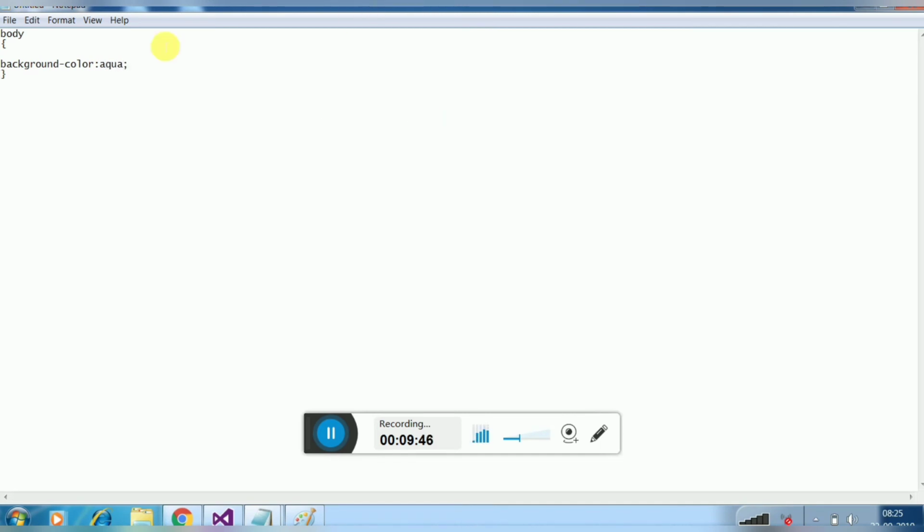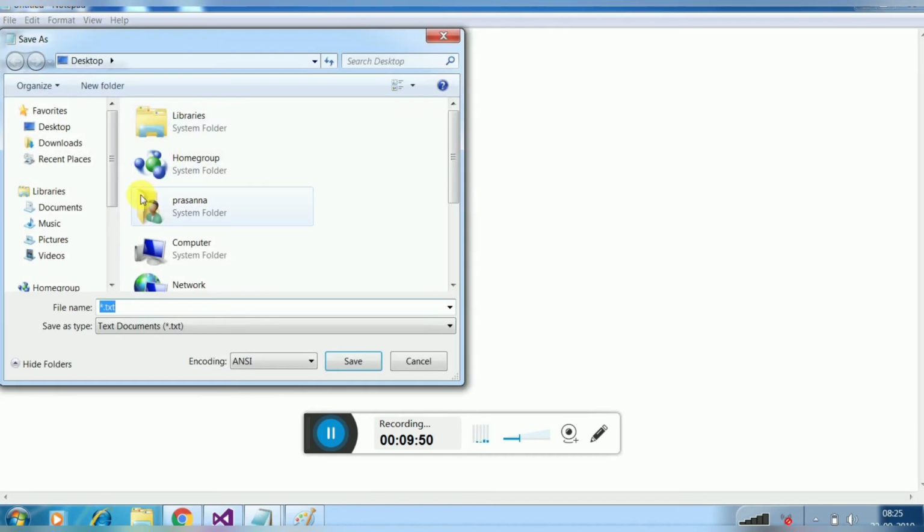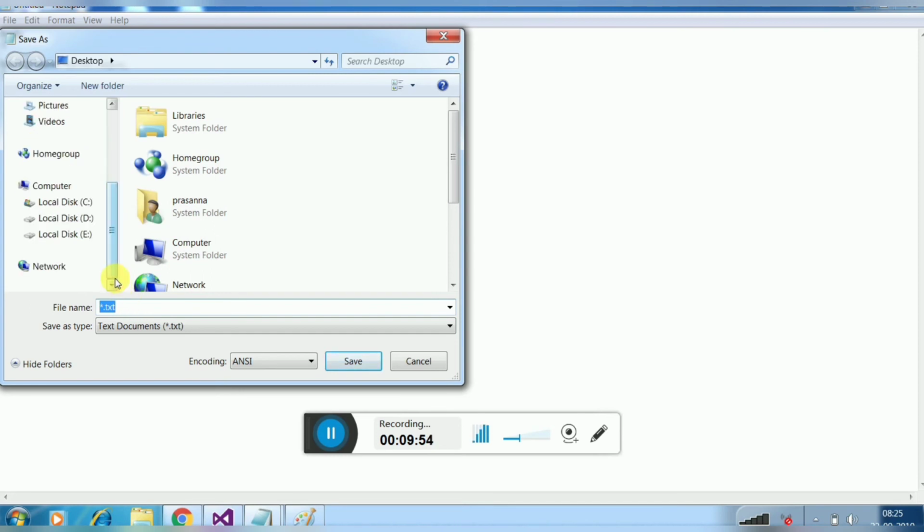Just save it as a file. Whenever we call an external style sheet we need to mention it with an external CSS.